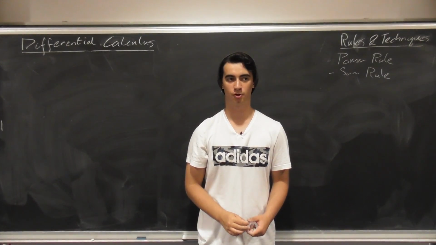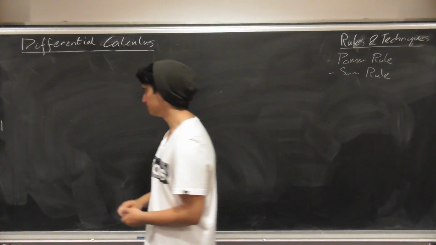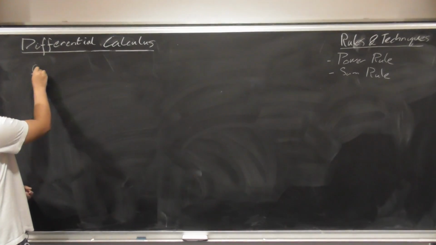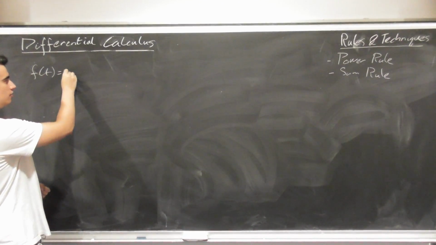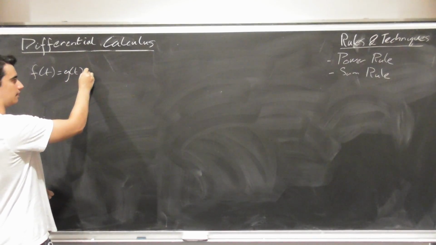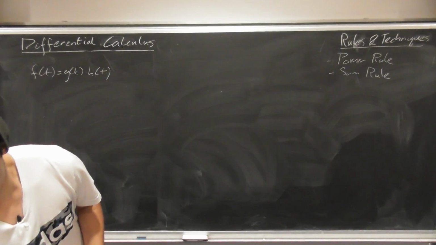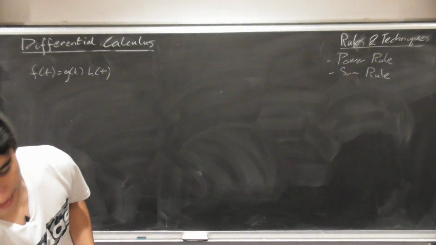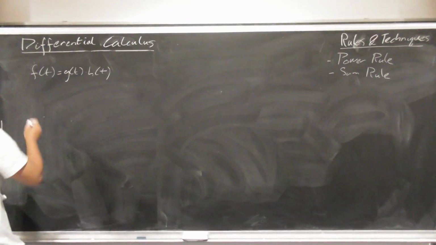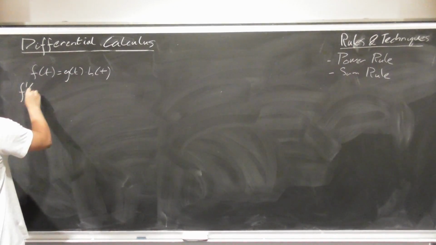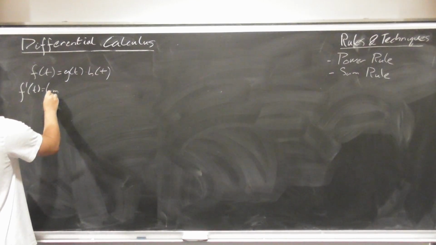Okay, so the next rule we're going over is called the product rule. It's when you have a function, let's say f of t, that is composed of two other functions, say g of t times h of t, this applies. So again, we'll start off by doing it from first principles. So if we have f prime of t, it's the same thing as the limit as delta t goes to 0